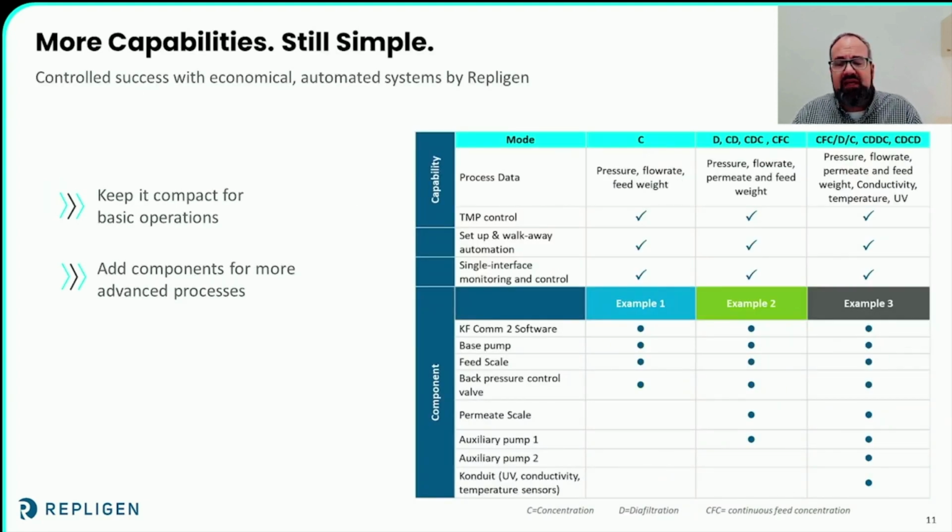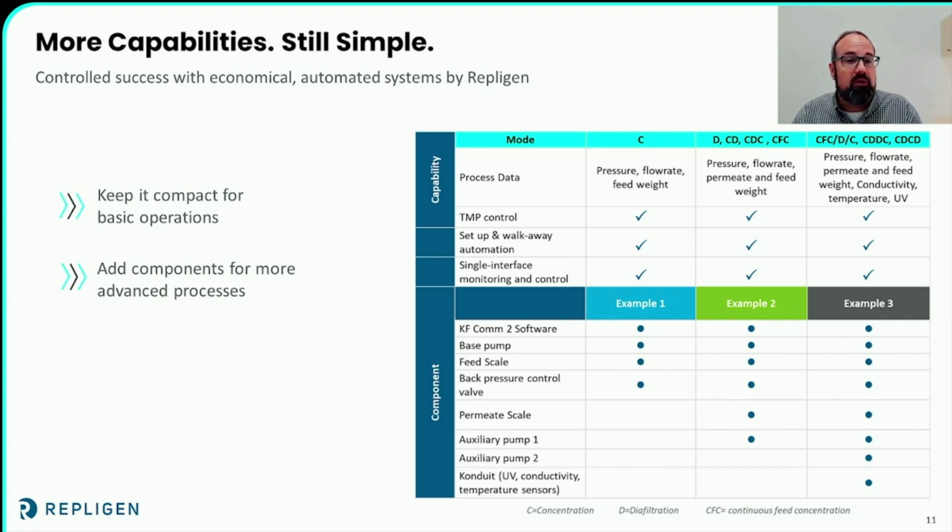So let's talk about the capabilities of this system, where simplicity meets capability. Again, keying in on the simplicity of this system. The process complexity and level of automation varies with the equipment you own or to reach the level of process you need. So what does that mean? Every user has the flexibility to make the system compact, simple, and minimalistic, or expand with more components for more complex process modes.